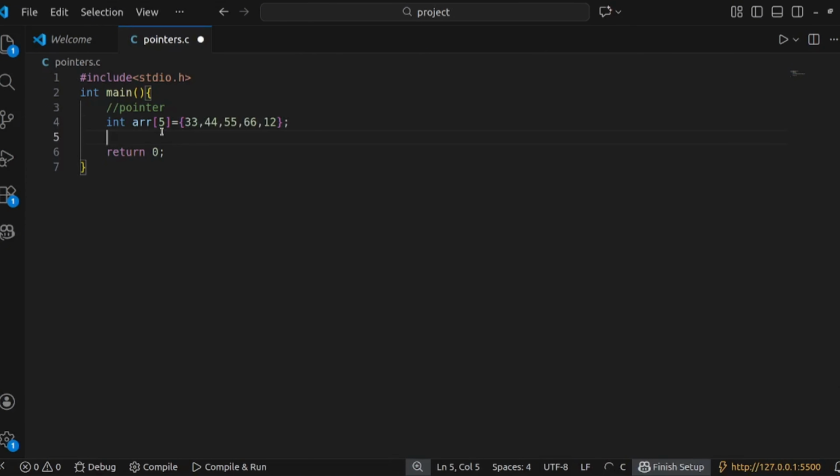Okay, so first we need to store it in one pointer, right? So int *p equal to just array. Because array is a constant pointer, we don't need to write the ampersand symbol. So how are we going to print array elements using a loop? For int i equal to 0, i less than,